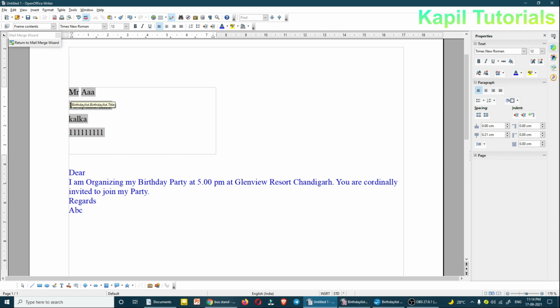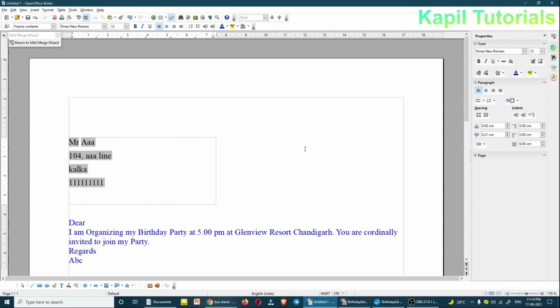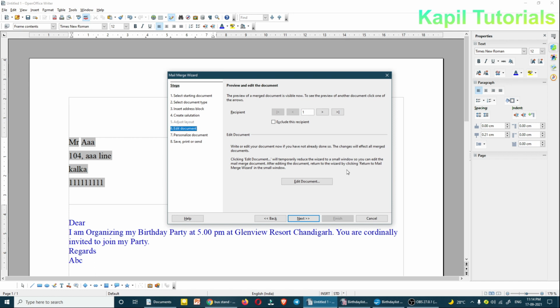And this, okay, this is okay. Return to mail merge wizard. Everything will be changed, whatever I'll be doing. After doing the editing in the main document, I'll click upon next option.